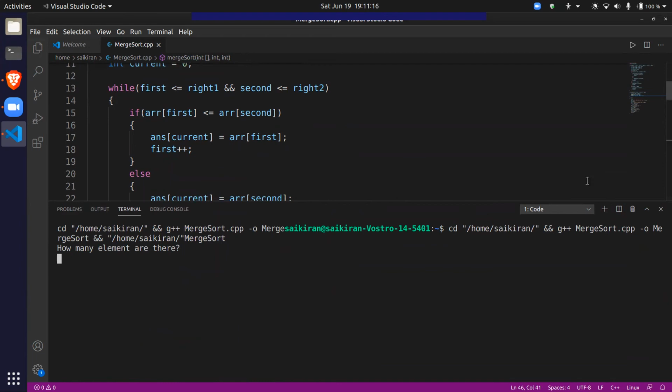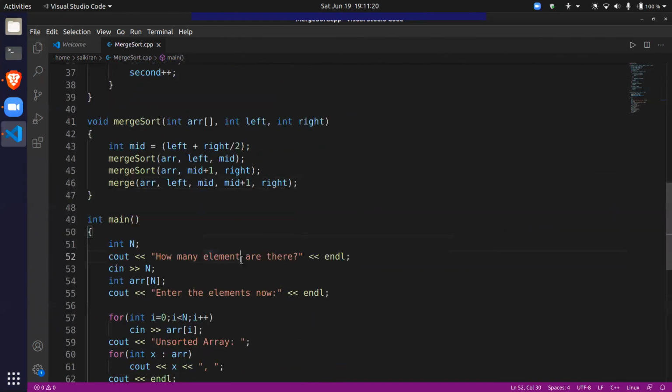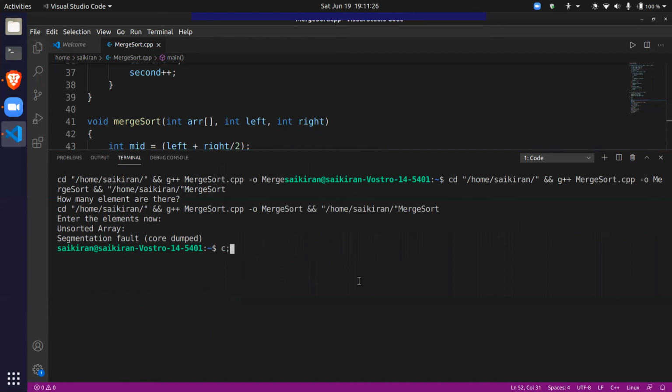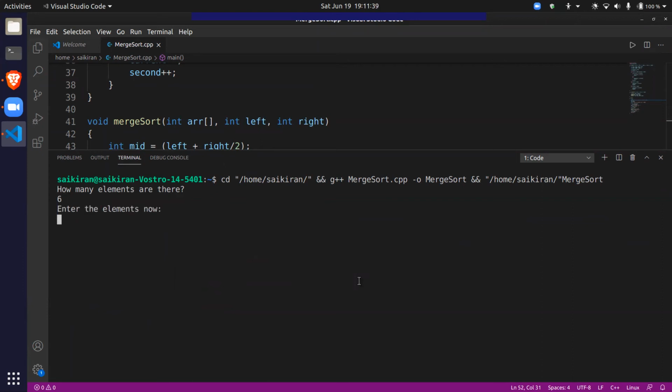How many elements are there? Okay, there's a mistake. These elements can't stand grammar mistakes. Okay, how many elements are there? Let's sort 6 elements. Enter the elements.